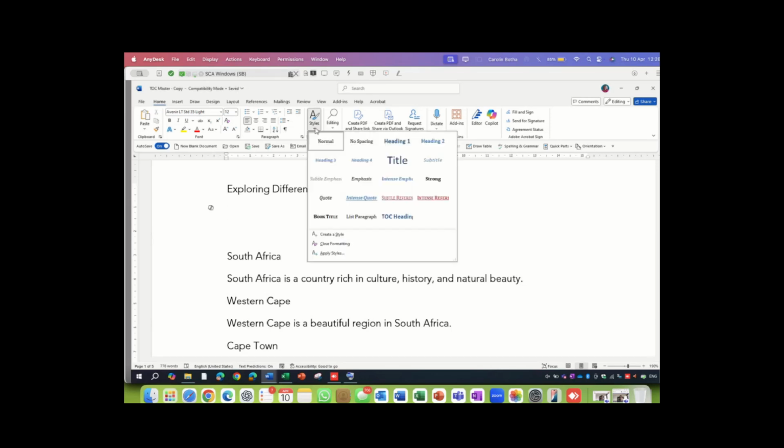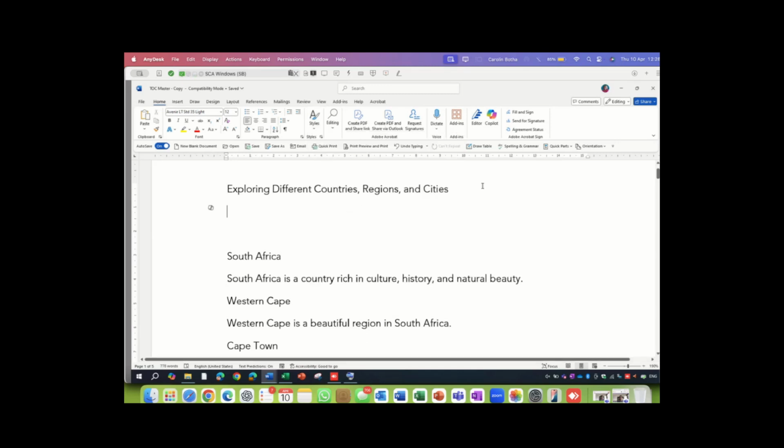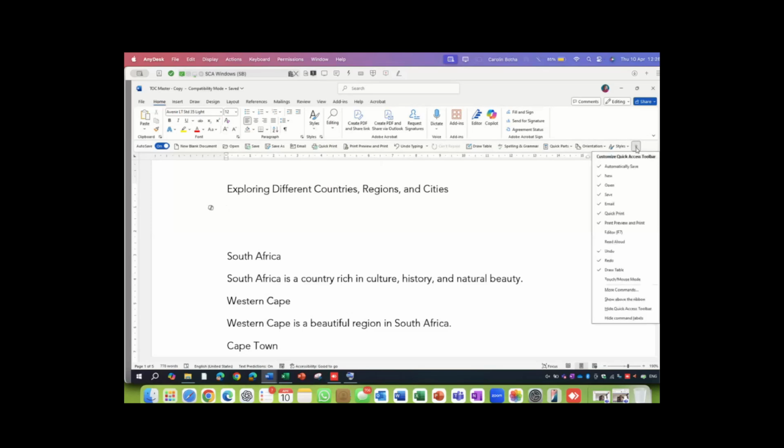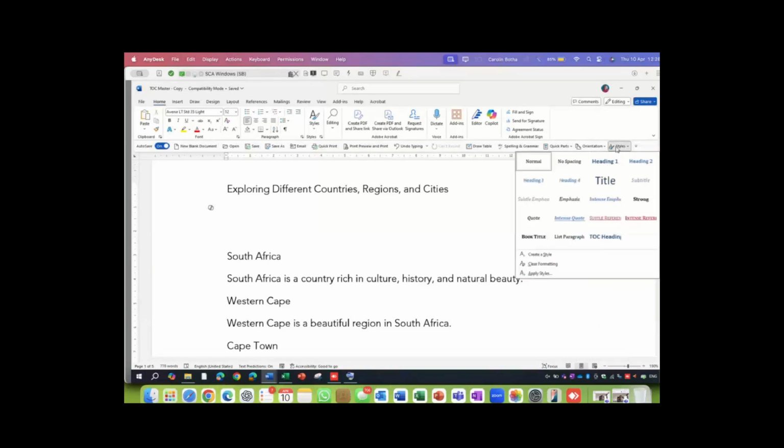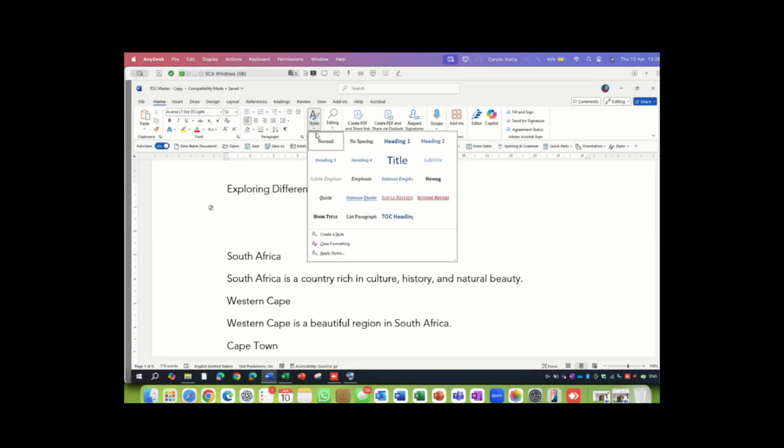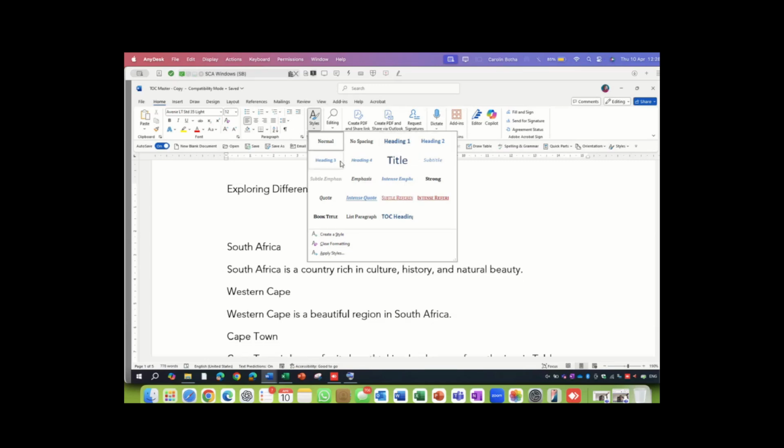All depending on the size of your screen, your styles might even be more spaced out. So let me right click and add this to the quick access toolbar. There it is. So I don't even have to go and look for it anywhere. Now you'll notice, but I'm going to activate it here so that you can see it more clearly in the middle of the screen. You'll notice it has a heading 1, heading 2, heading 3, and heading 4. And believe you me, it goes up to heading 9.